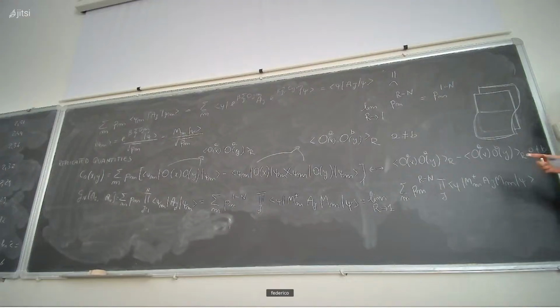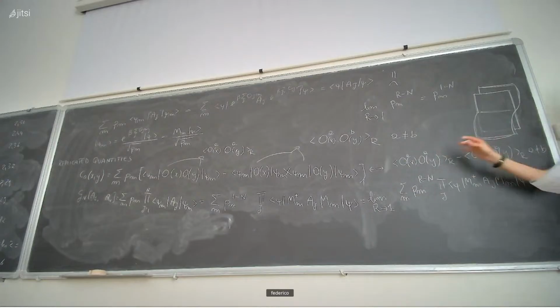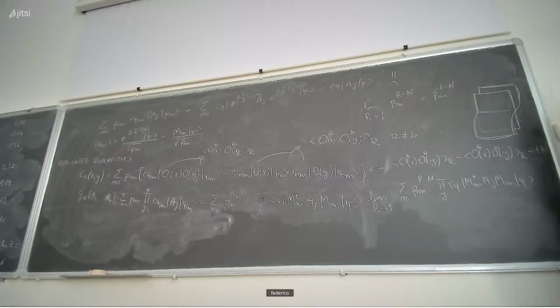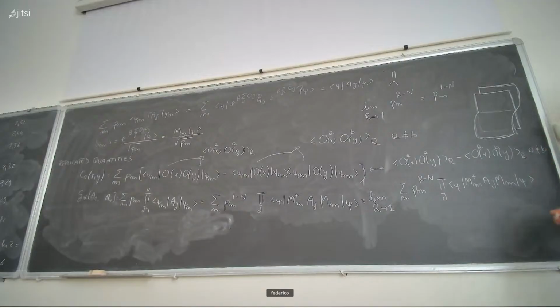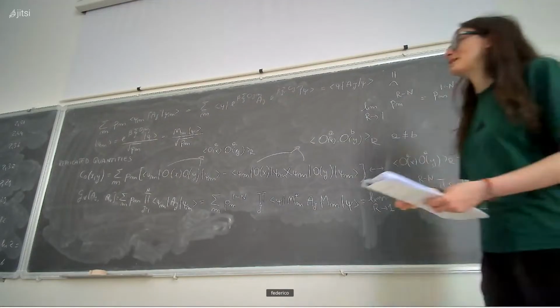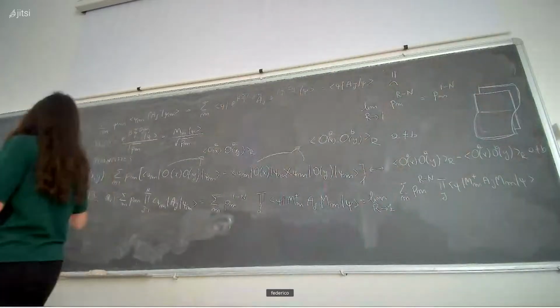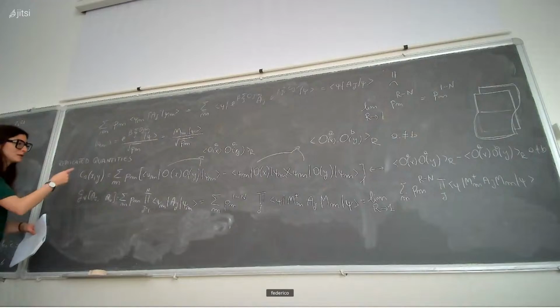So maybe we can try to do an example of a measurement which is easy to deal with, where we can understand how to compute this quantity. In general, as far as I know, for instance for Ising, these replicated quantities haven't been computed. For measurements at criticality, this quantity hasn't been computed, and I also don't know how to compute it. It's really a state of the art problem. But I will try to make an example where this replicated quantity, for a specific measurement in a specific theory, can be computed.